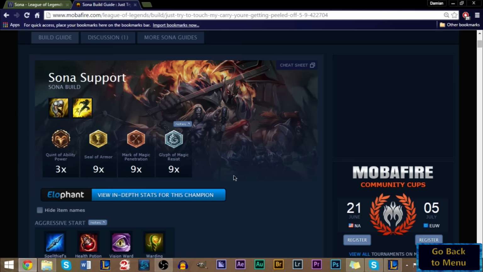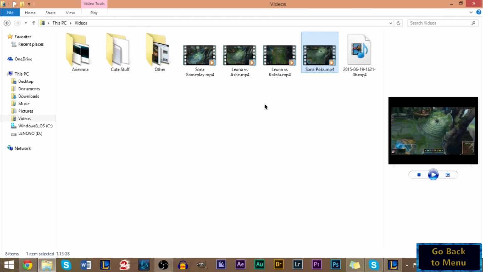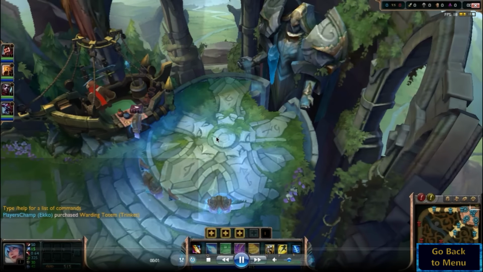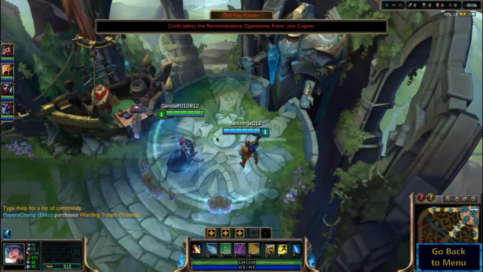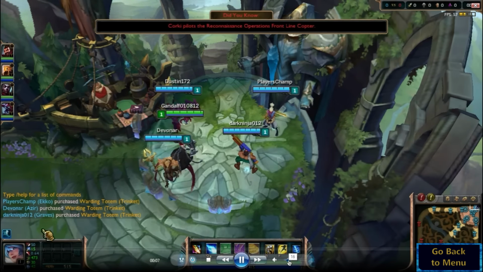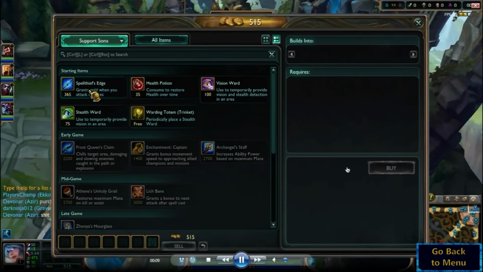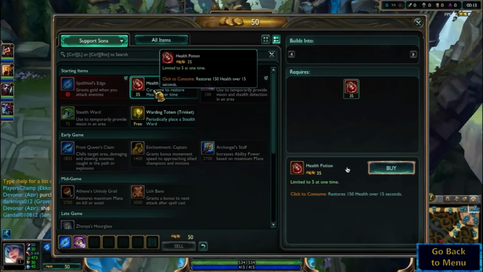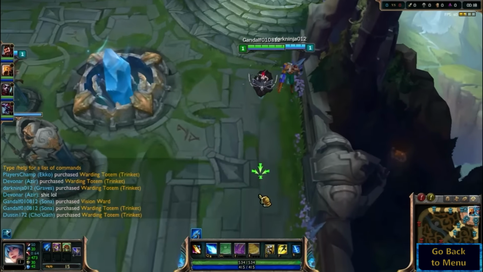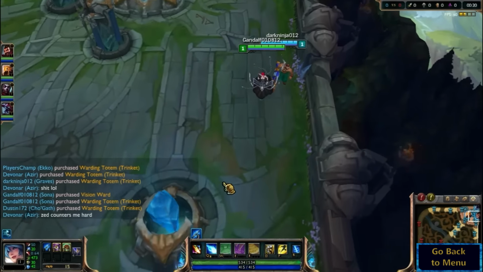Now we're going to be going into actual video footage of me playing Sona, which I have right here. So I'm going to be showing you how to build, what to build, and show you some examples. Now as you can see, we're starting with Spellthief's, a pink ward, a potion, and a stealth totem. The reason why I'm going to start with Spellthief's is so that we can have...